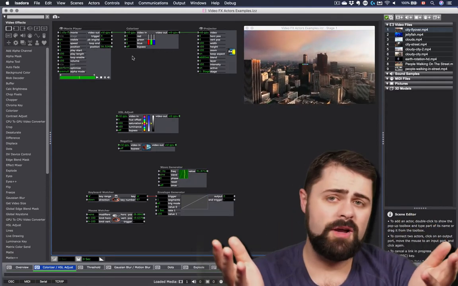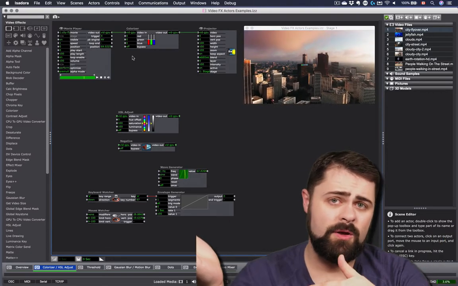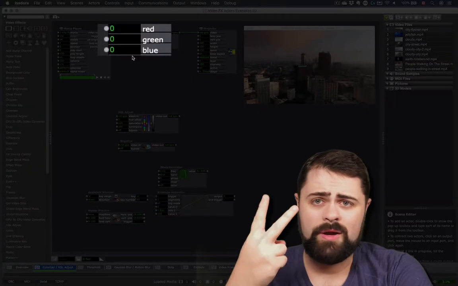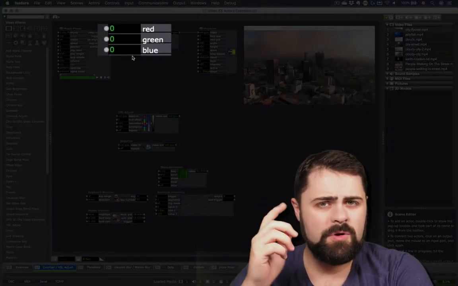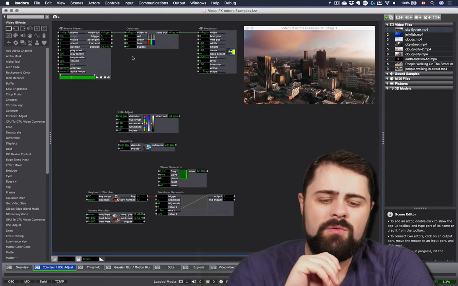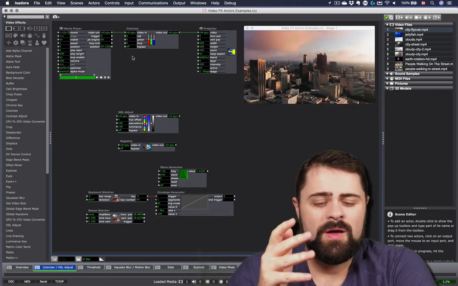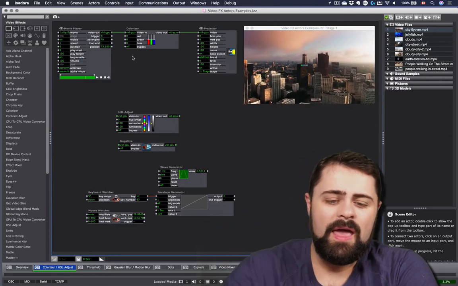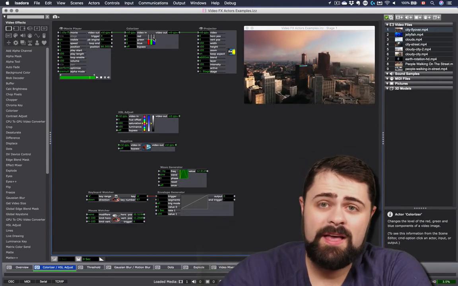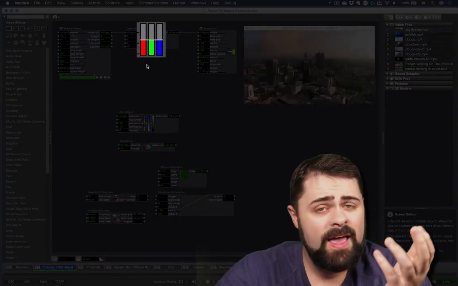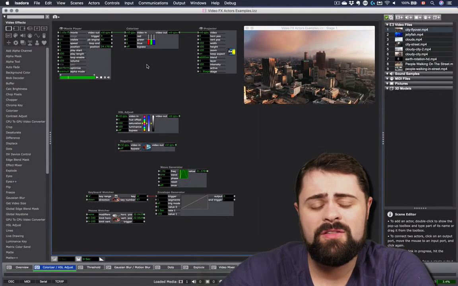So the colorizer, beyond the bypass and the video input, only has 3 inputs: red, green, and blue. And you can probably guess what they do already. They're going to alter the amount of red, green, and blue that is passing through the video to its destination. In fact, the colorizer actually has a graphical representation of what's going on, and many of the video effects actors have these little handy monitors built right into them as well.